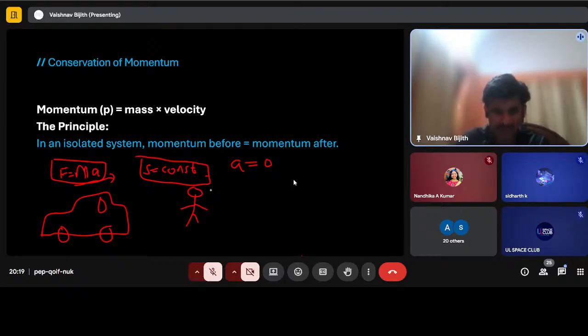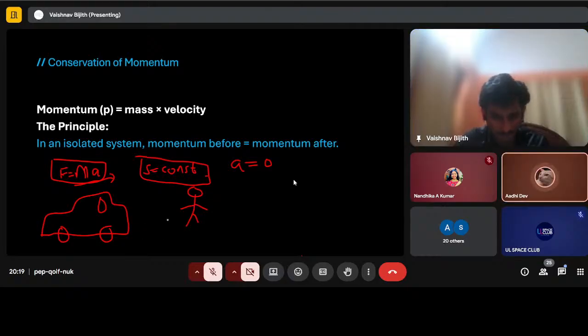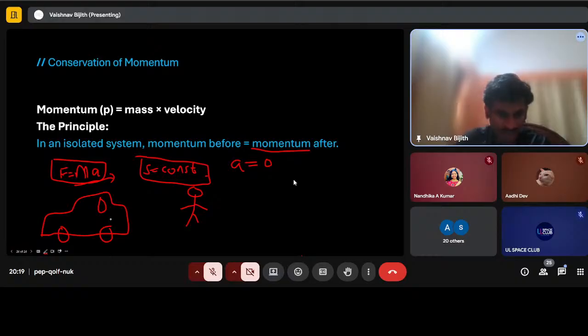So what's the other thing which is happening here? What are the things that we are missing? Can anyone provide a hint or explain it? The car has momentum from the velocity. Yes, exactly. The car has a momentum, but before we go into momentum, let me explain one